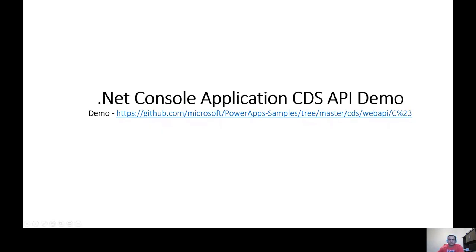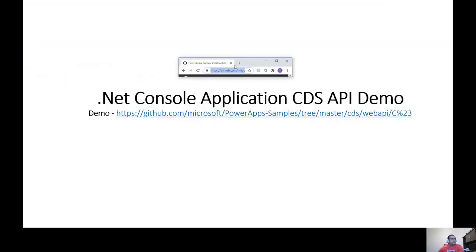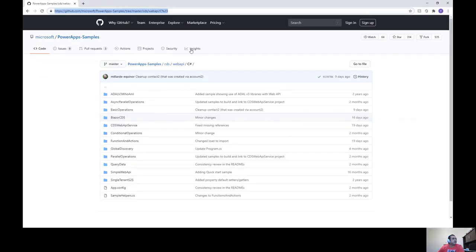They should be in GitHub. So at the link that is there, you'll have all the demos that I showed. The demos that I showed you were query data and single tenant to tenant authentication. Those are two, but you have a lot more options to play around with and test for yourself.